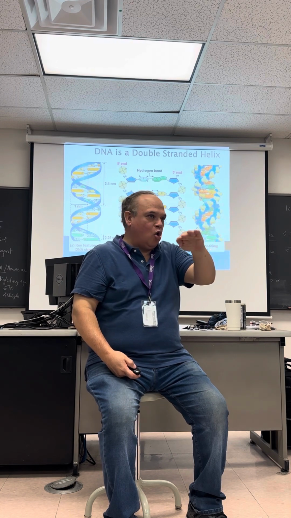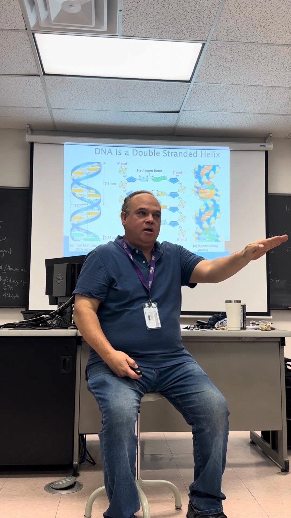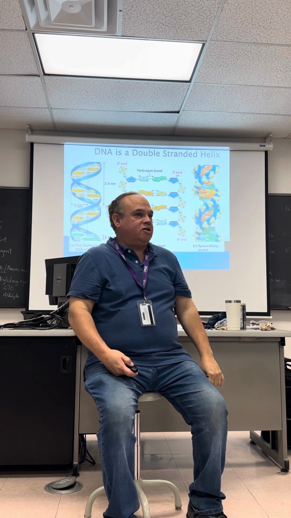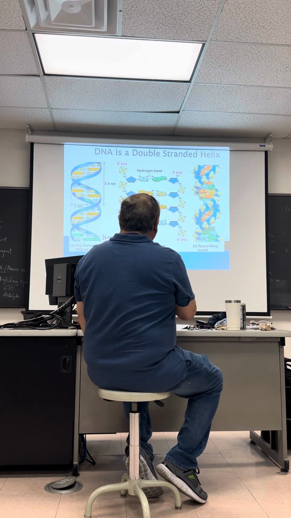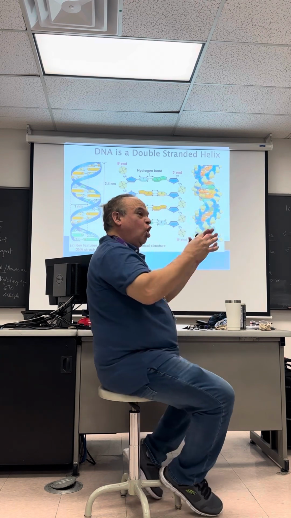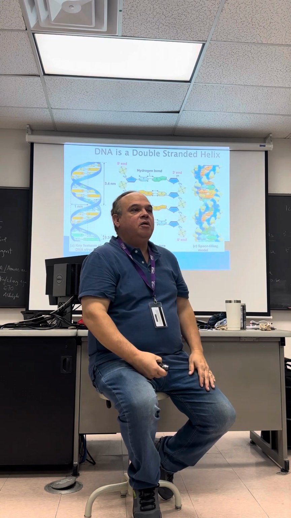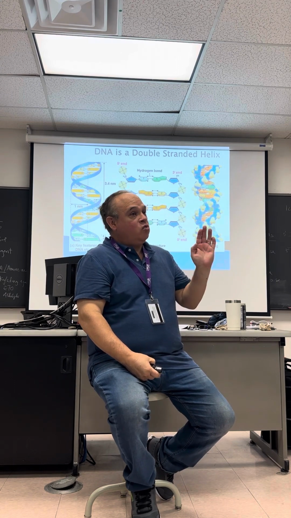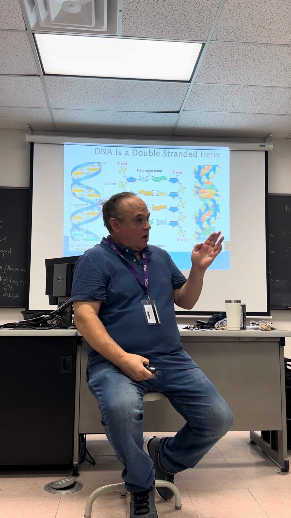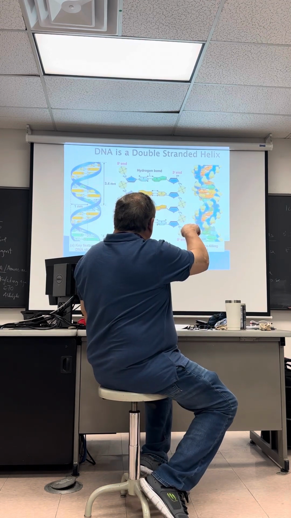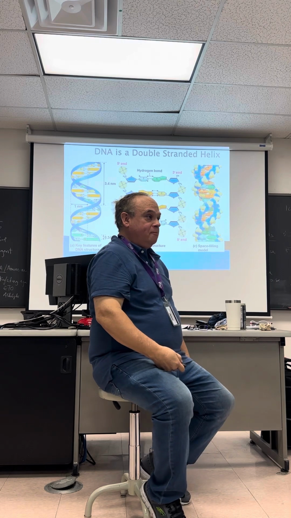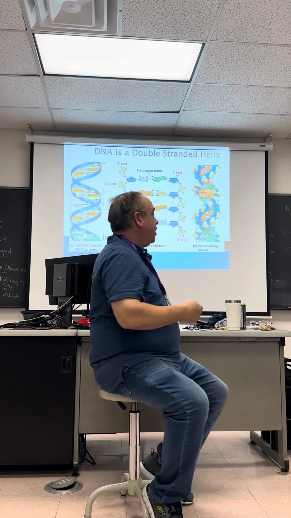The 5' end always has phosphate, okay? The 3' end has hydroxyl. So now if we come down to the bottom and count the carbons, 1, 2, 3, at the 3rd carbon, at the 3' location, there's a hydroxyl. And now you can understand how DNA is being replicated, because DNA always gets replicated from 5' to 3'. Okay? Yes? All right, now,